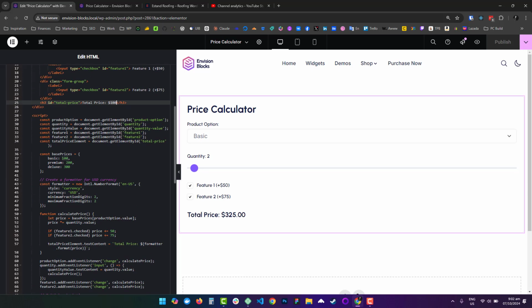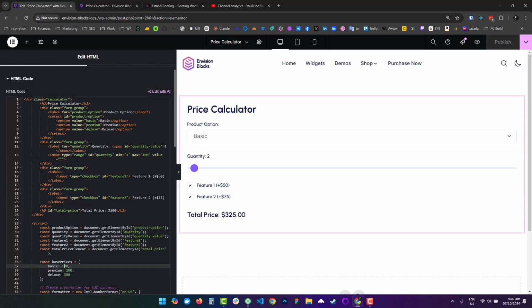We are going to discuss the most important part, which is this script here. First we just grab some elements from the page, and then this is our base prices. Here we can set whatever we want. Let's say you have a basic plan, premium plan, and deluxe plan, you can easily change it here. And if you want to change values, you can also change them here, but just keep in mind